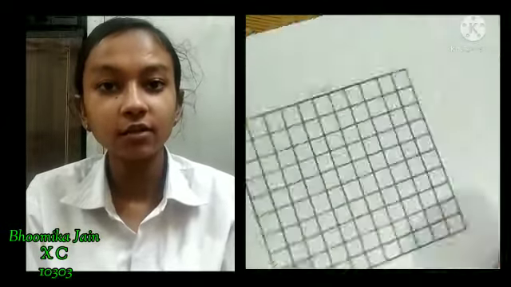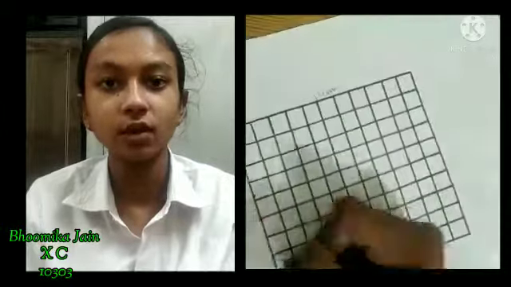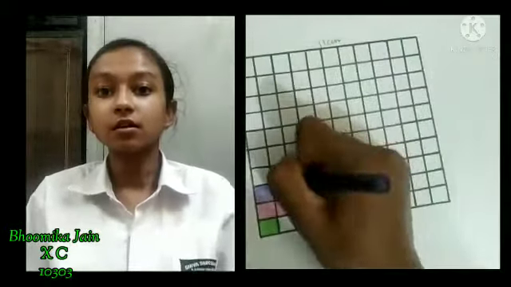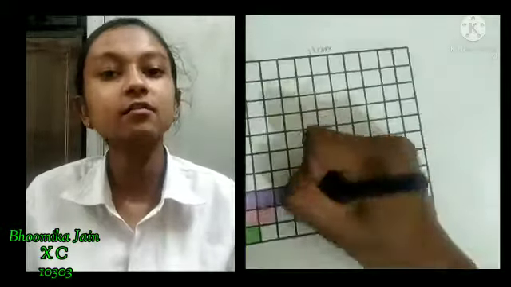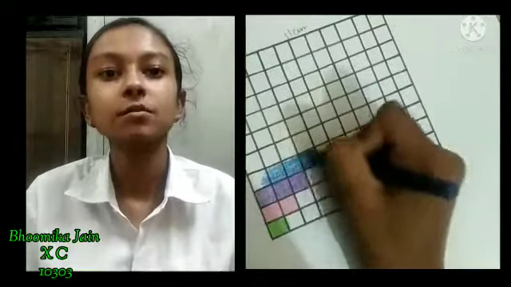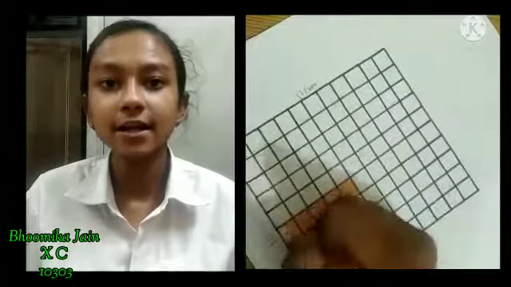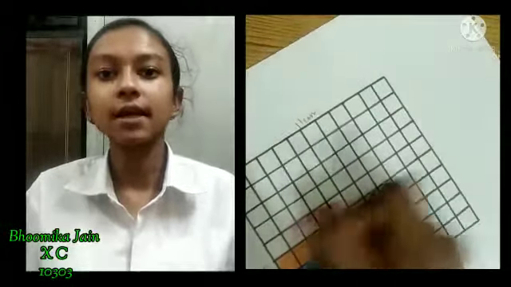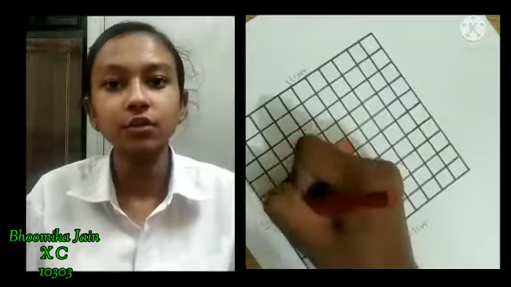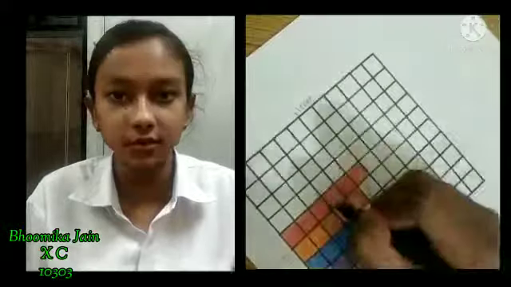Then we have to color the boxes in such a manner that, as you can see on the screen, in the last line we have colored one box. Then from the last second we have colored 2, the last third we have colored 3.